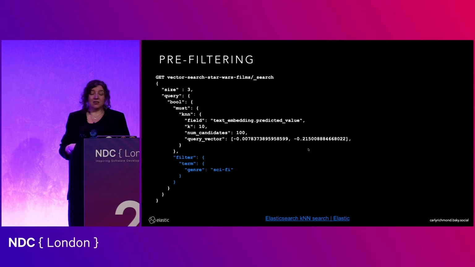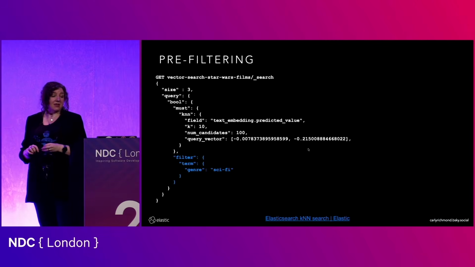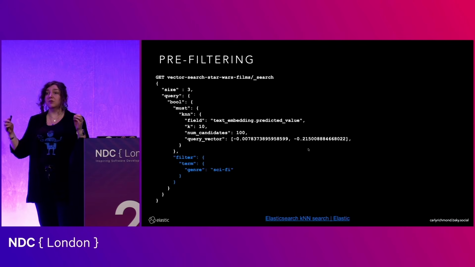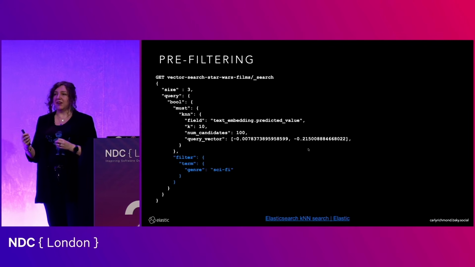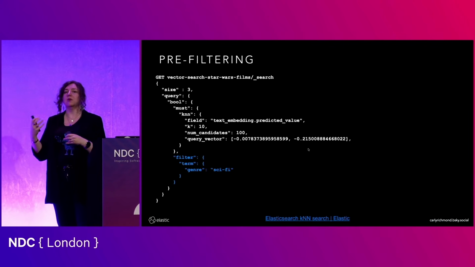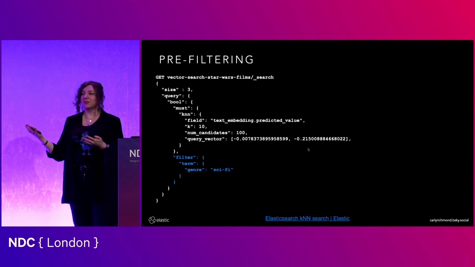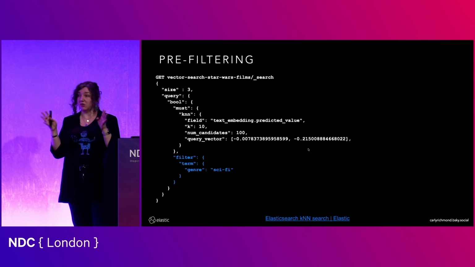One technique that you can utilize is known as pre-filtering, and the idea here is that you use traditional lexical search to narrow down the number of eligible vectors that need to be compared against the query vector. We shouldn't be afraid of saying that lexical is useful. It can be combined in all sorts of different ways, and this is a good example that will help you narrow down the vector space. For example, if you don't want to compare every single document and you're focusing on a particular time frame, there's no reason we can't use temporality, look at the timestamp, and say, actually, I only want to look at vectors from the past week or so. And we shouldn't be afraid of that.